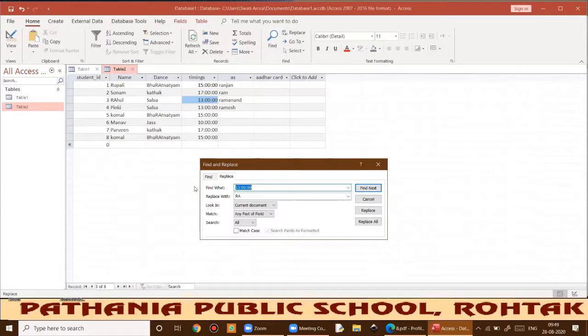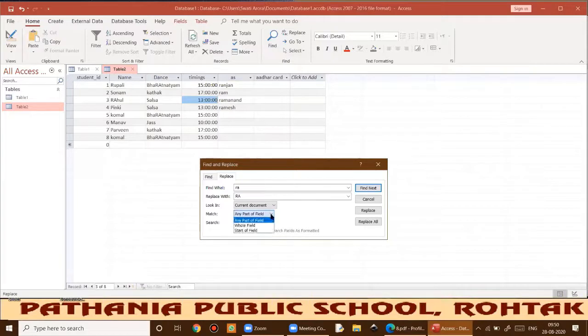Okay, right now what I'm going to show you is this field I have created just to implement the find and replace option, because this array is common in all fields. So if I want to find the text "array", in small letters, I want to replace every word written in small "array" with capital "ARRAY". For that I will go with the current document, the complete document.